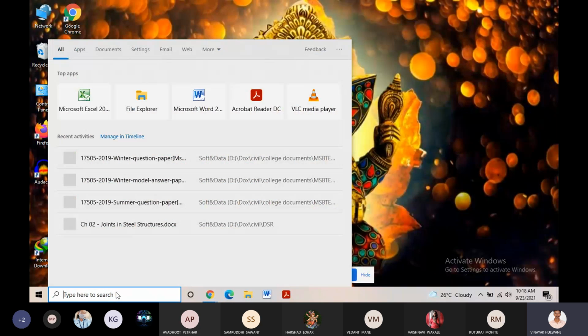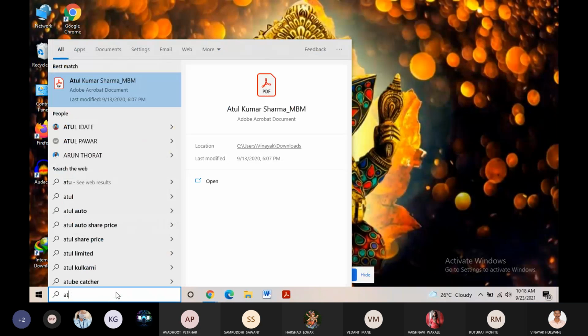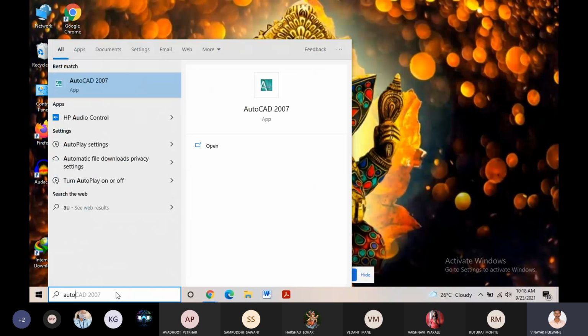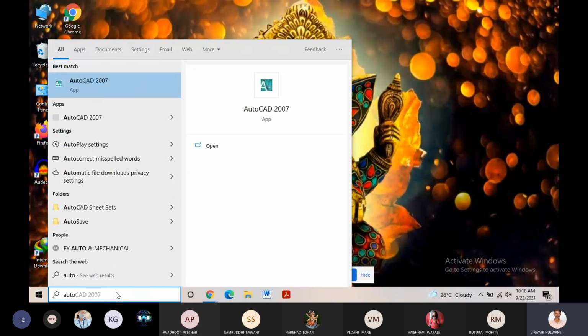The second method to open AutoCAD is to simply type AutoCAD into the search bar. If you have installed this software, then you can directly search in the search bar for AutoCAD 2007 or only AutoCAD. Then some suggestions are given by the computer.